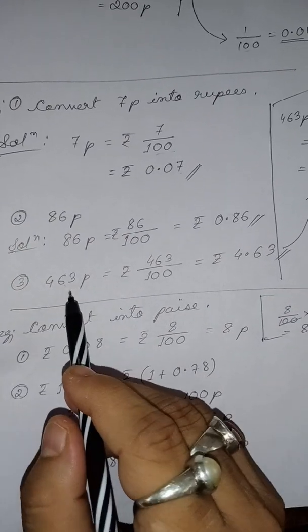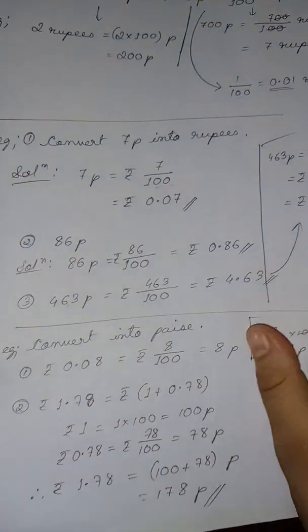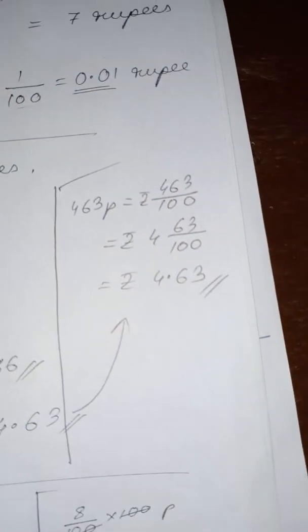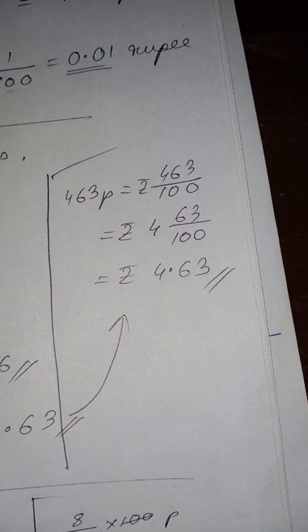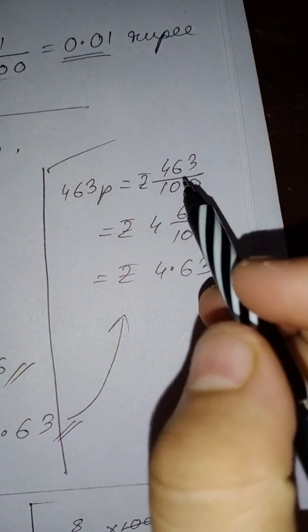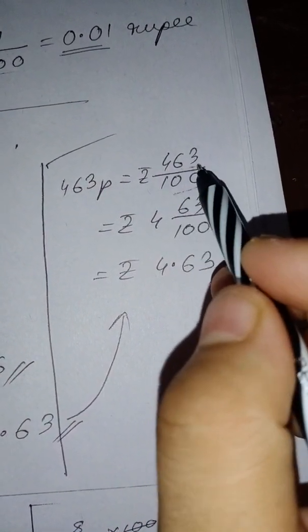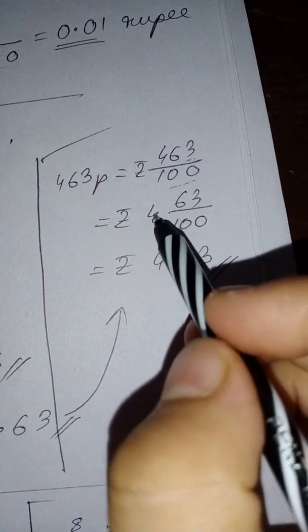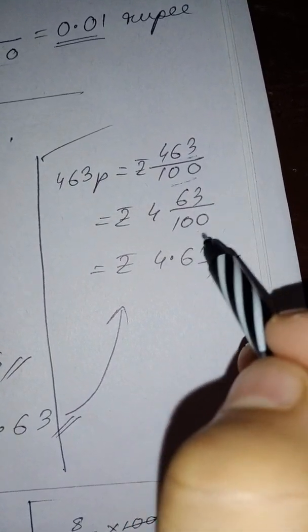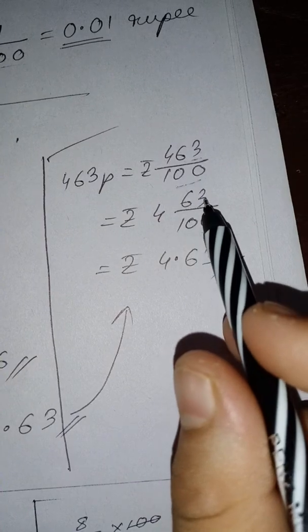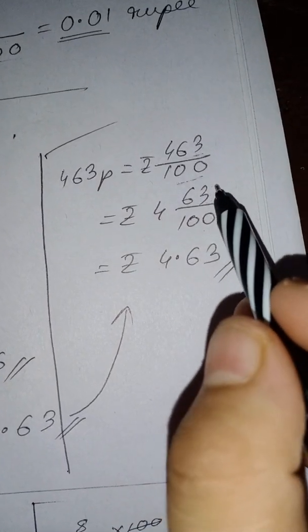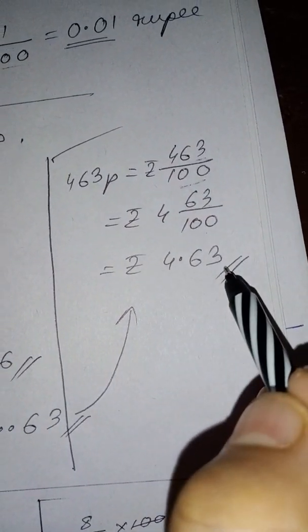In this case you can do it in 2 ways. Either the way that you have been doing in the previous exercise also, where if you remember, you converted the fraction into decimal. How? You took this one, because there are 2 digits, so this number will be taken as 63 by 100, and 4 is written here on the side as a mixed fraction. And then because it is 63 and there are 2 zeros, so 1 2, 4.63.